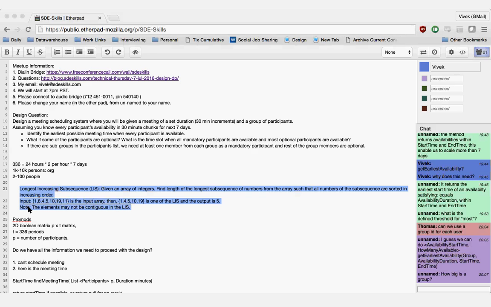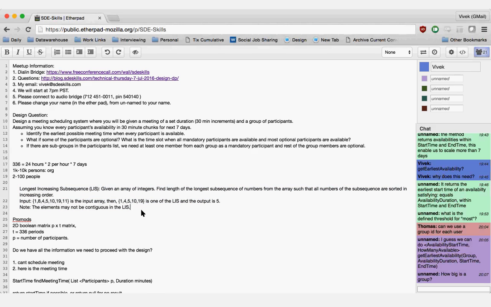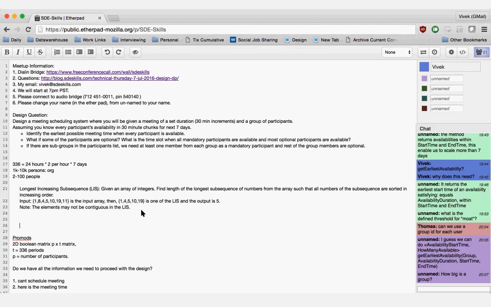Any thoughts? Can we do it this way: say we have a collection with only one element. We ask how many elements before this element are smaller, and what is the longest sequence up to this number. Then we keep adding one more number to the list and see, like the same thing that we discussed in the last meeting, whether to include this number or not include this number.